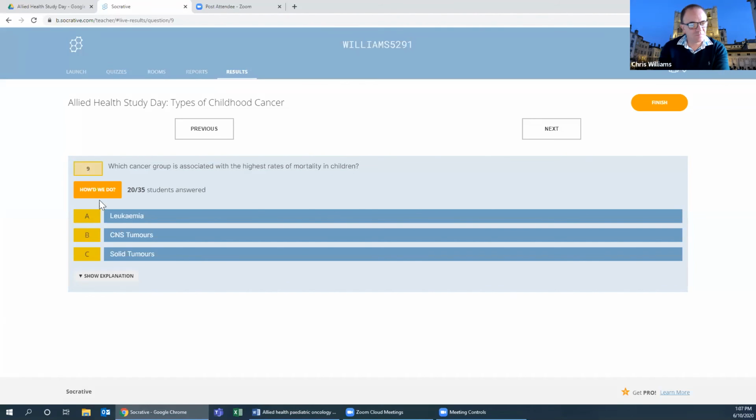Let's have a look. Yep, the CNS tumour. I often call this the poor cousins of the leukemia group. And I say that because